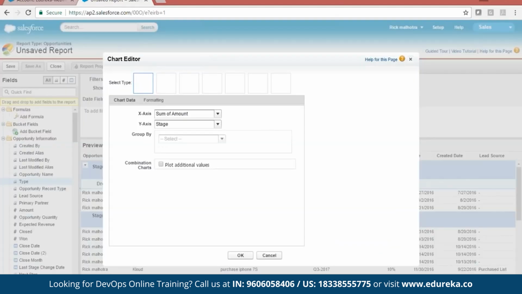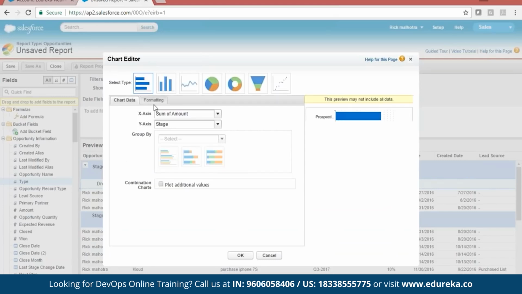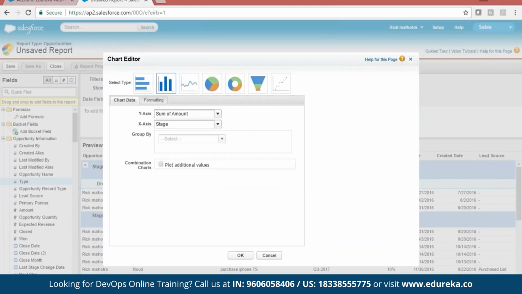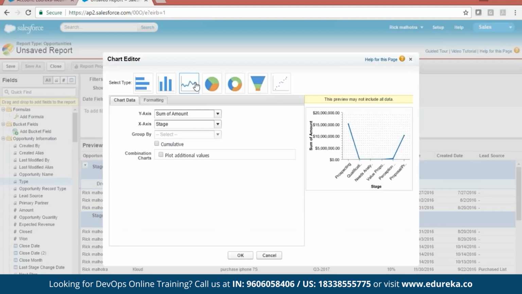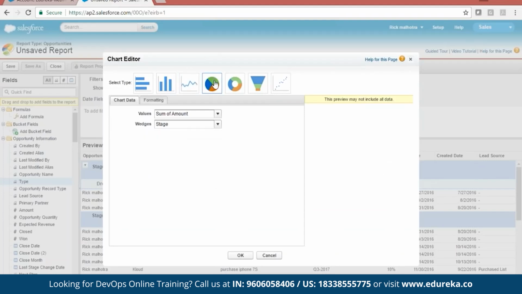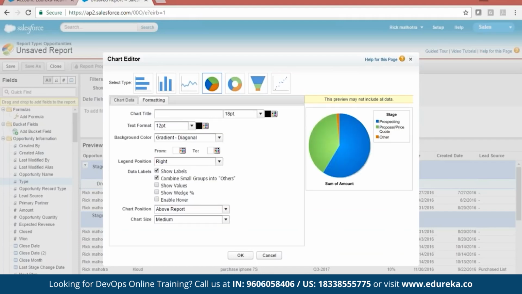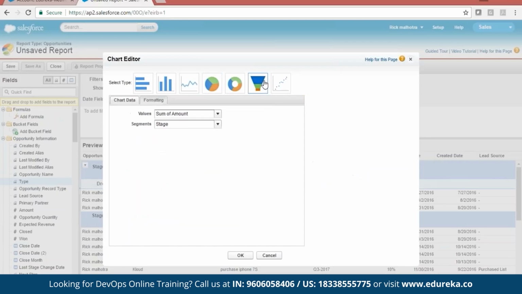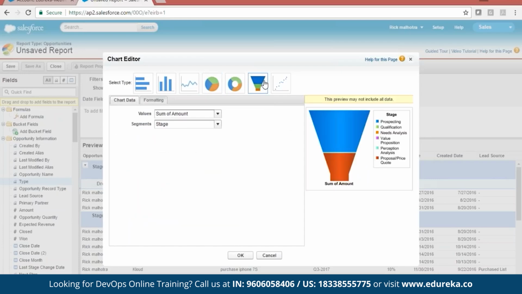So these are some charts, like a horizontal chart or a bar chart, a line chart, a pie chart and a donut chart. A lot of things are there. You can format it, you can use your own colors, you can also show the values and widgets, it looks better, and you can choose the colors and all that. You can use a funnel like this. So the more you explore, the more you get, and there are a lot of things to go for.